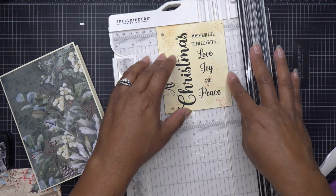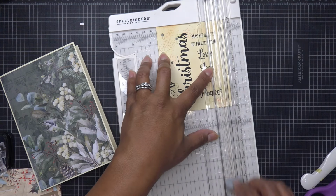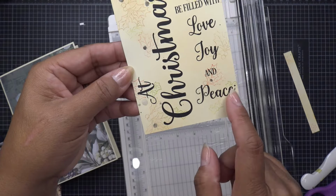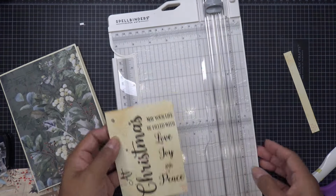Maybe a little more this way. Ooh, actually, how about the letters up here at the top? We don't want to cut any of this off. Not too bad. A little bit closer than over here, but that's not too bad, actually. I think it's fine. Okay. And then to make it more of a tag shape, right? So,